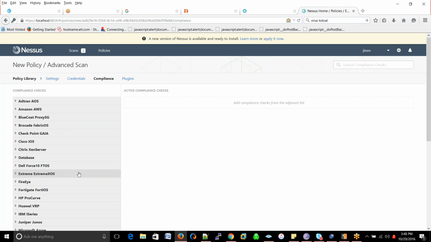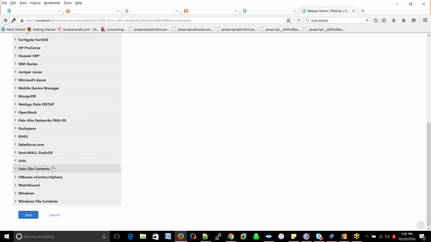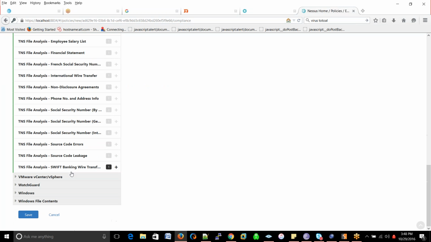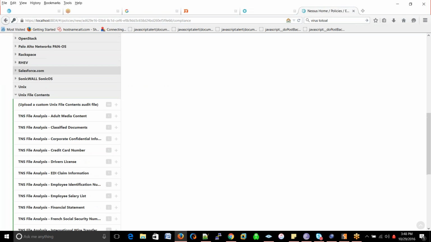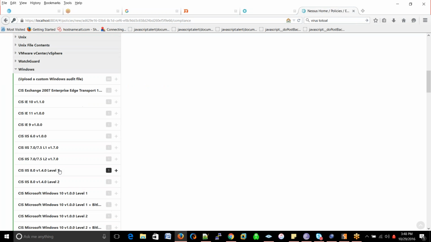You can perform a compliance scan on various different types of devices. Let's say you're doing a scan on some Unix related machines, so you can just select any one of the correct ones and provide a configuration file. So if you're doing it in Windows, let's say you're doing a scanning of